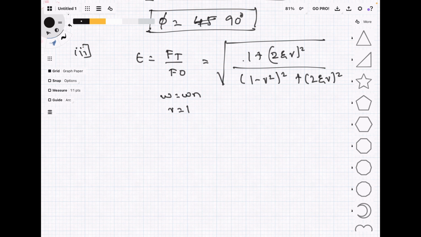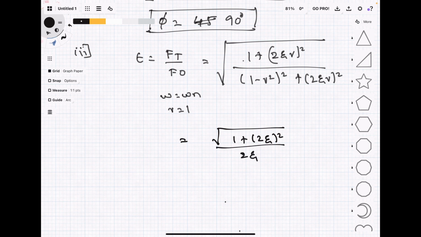So if I substitute r is equal to 1 here, we will be getting it as square root of 1 plus 2 zeta square,